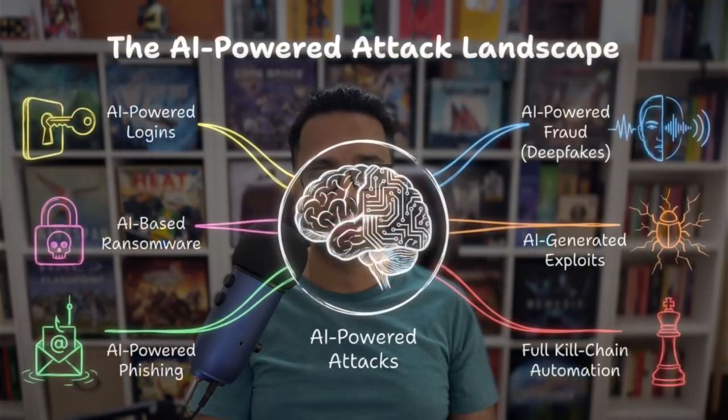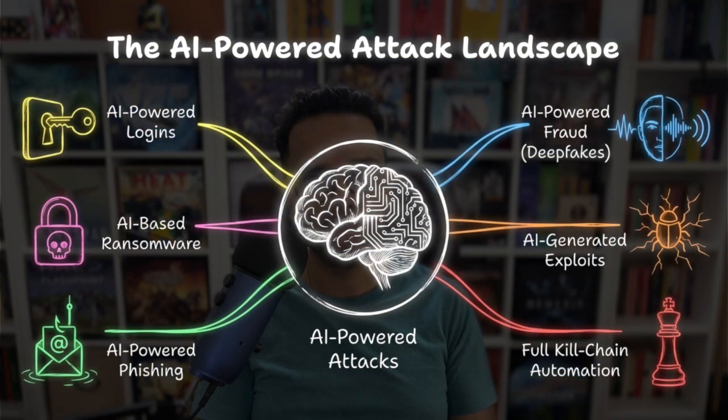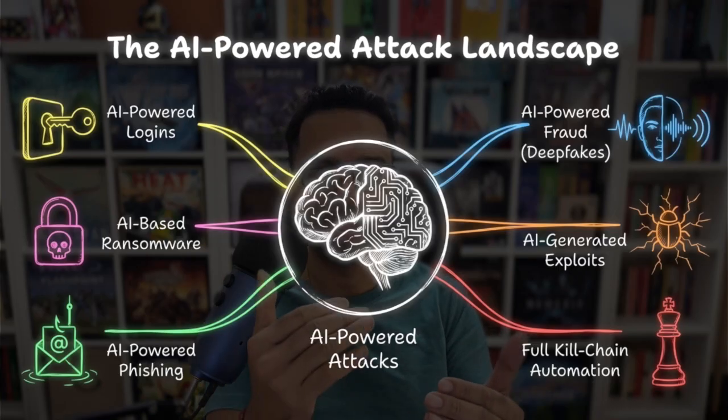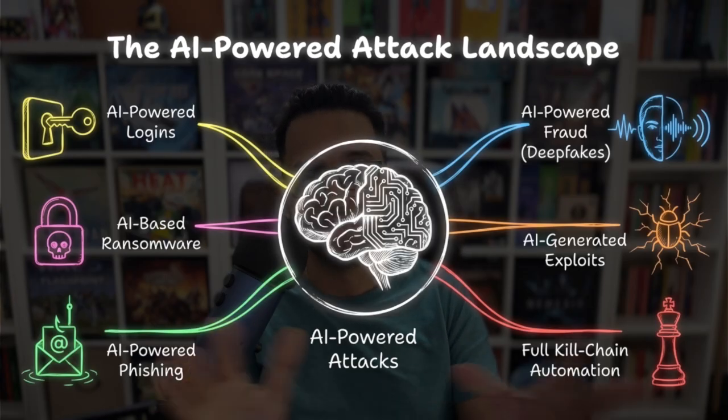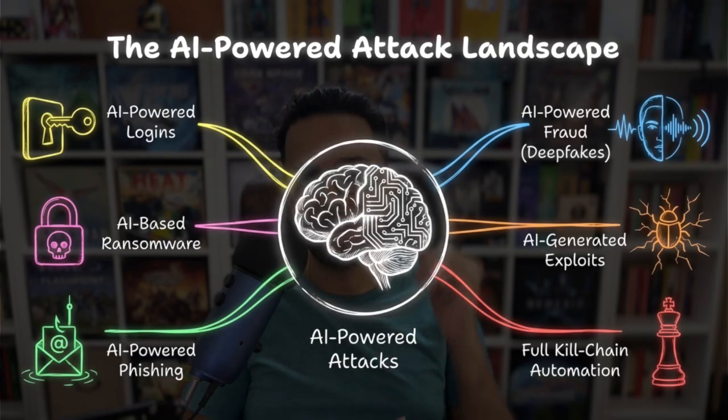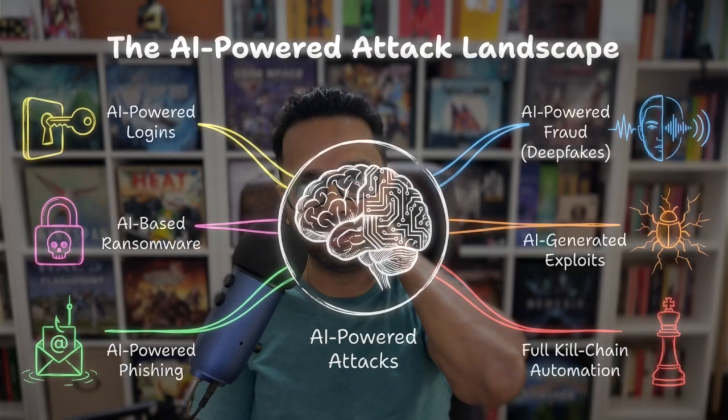Then AI generated exploits. So exploits are basically, let's say, the hackers find a loophole and then exploit that loophole, right? So they don't let anybody know. So one example was the first example that I gave, right? That people are trying to buy a car and the hacker knows that, hey, okay, by doing this, I can actually buy a car for $1.